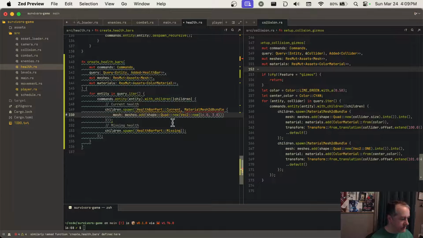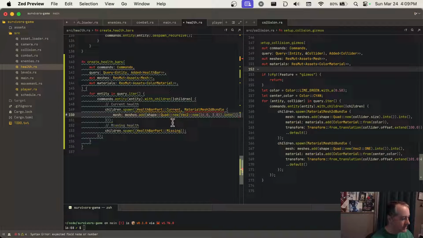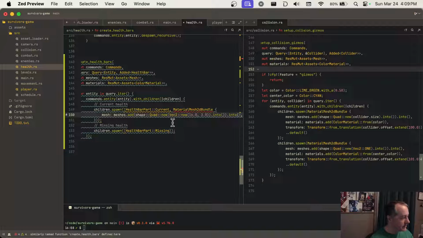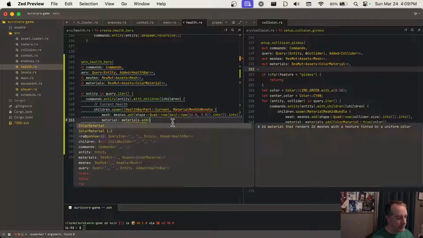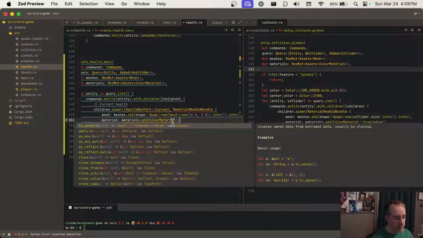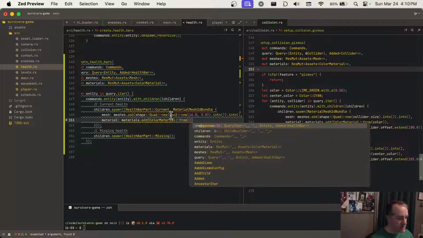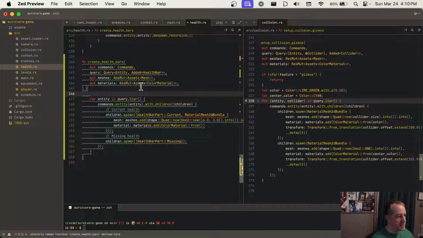And there's a lot of into here. into. Okay. And the material for this one, color material. Does this have any constants? No, it just takes a color, and we were doing, yeah, so let's say let